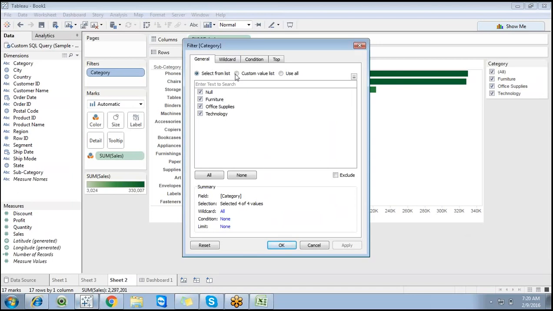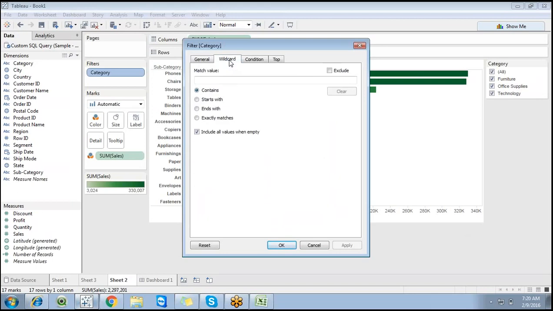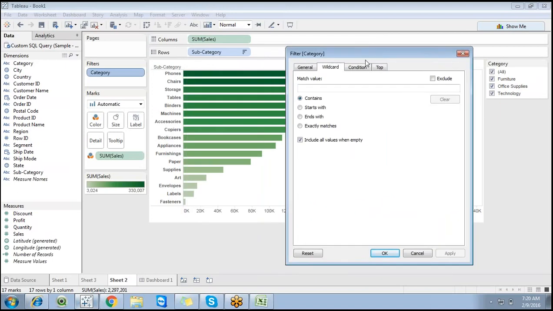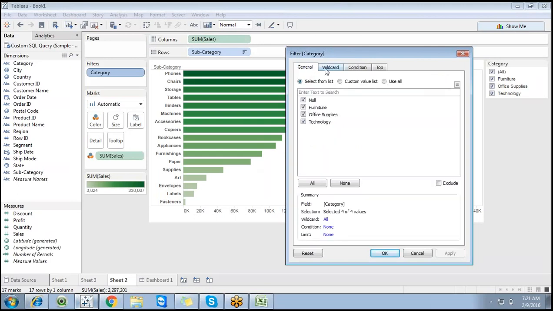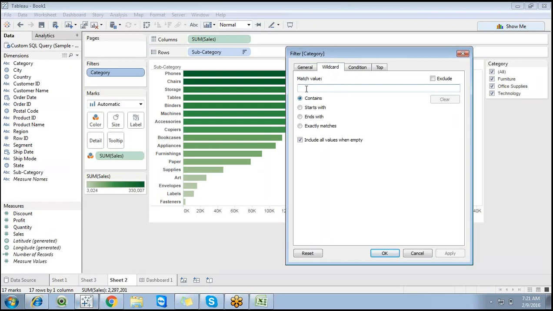But the next concept, we have an option called wildcard. So what is meant by wildcard characters? We have a question mark or a star, those are wildcards. But 90% of the time we cannot go for this particular wildcard option, because we can use some functions for all those things. But we have an editor where you can go with the wildcard characters as well. So I want to filter based on my wildcard characters.